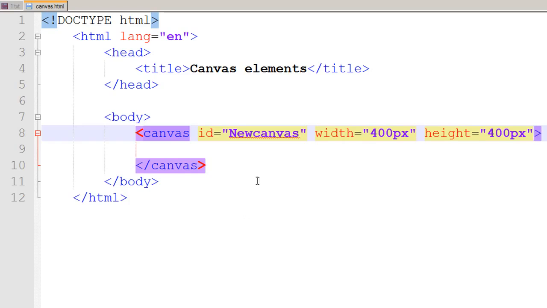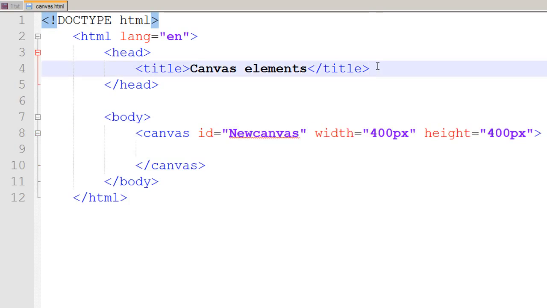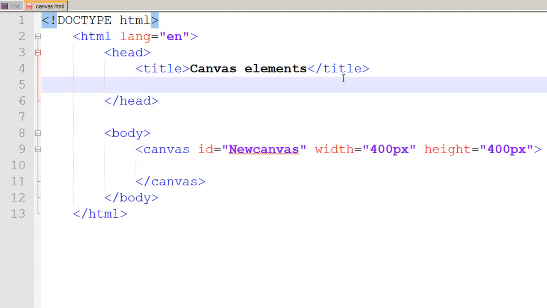So the background of our HTML document is white, so the background of our canvas element is white as well. Now we need to change those properties of our canvas element, and we will be using internal style sheets to do that. There are three types of styling techniques. One is the inline styling technique, the other one is the internal style sheet, which we will be using in our head section, and the third one is the external style sheet, which we will be using in our next